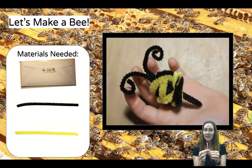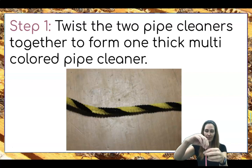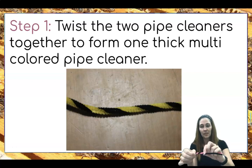So we are going to be making a bee. A little similar, not quite that way, but we're going to walk it through. So you're going to have your 2 pipe cleaners and they are already cut for you. So the first thing that we need to do is we're going to twist the pipe cleaners together to get 1 pipe cleaner. So match them up at the top, pinch them, and then kind of use your fingers to twist it around. It makes a really pretty